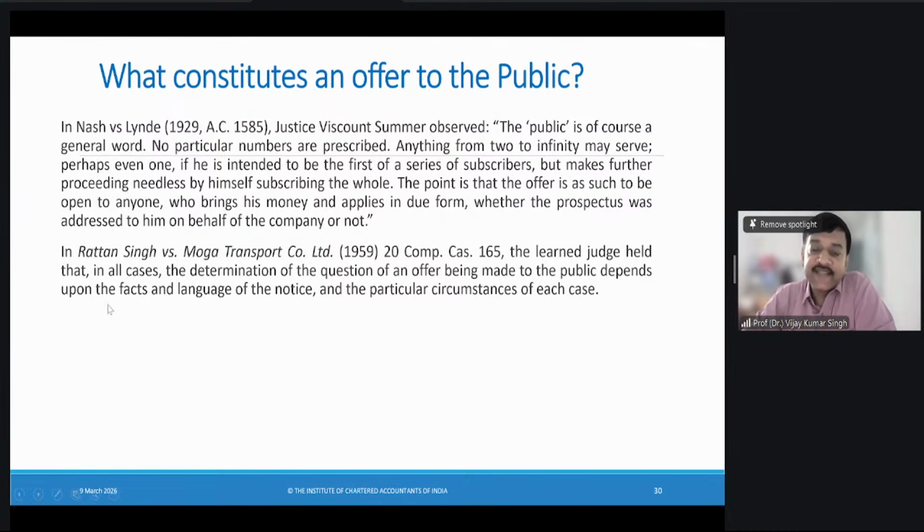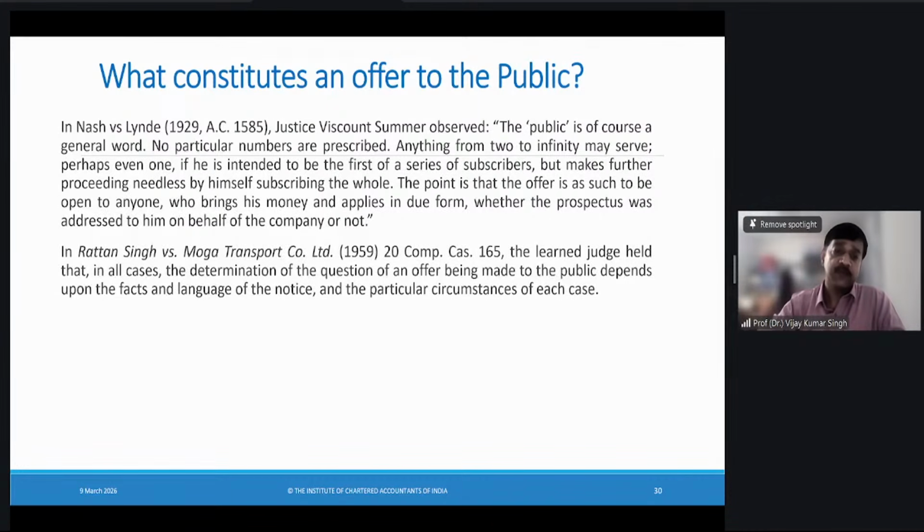So it is not necessary that every time the prospectus has to be addressed by the company. Some of you put that particular remark I saw in the chat box that it should be offered by the company. It is not necessary that it should be offered by the company. It may be offered by one of the directors. It may be offered on behalf of the company by someone. But ultimately, if there is an investment made by more than 200 members, this offer becomes a public offer. Okay. So this is how you will be interpreting.